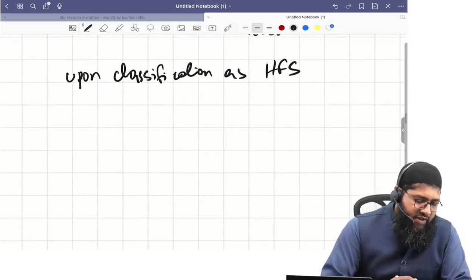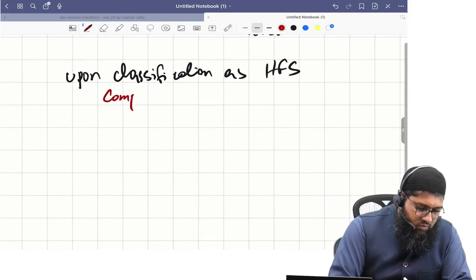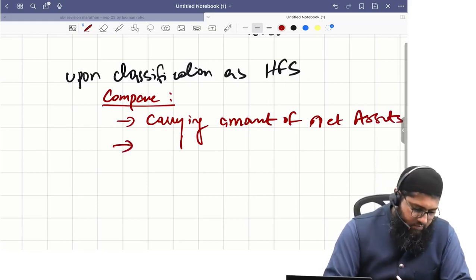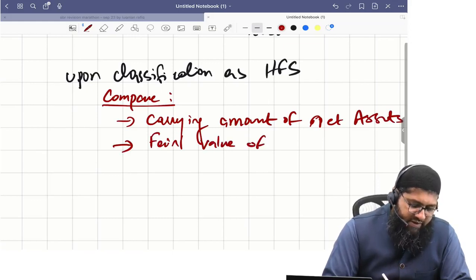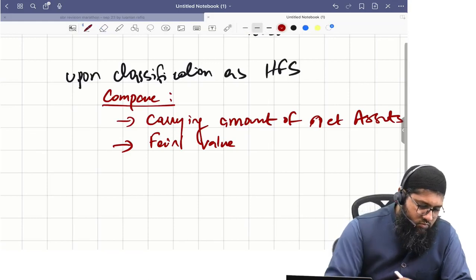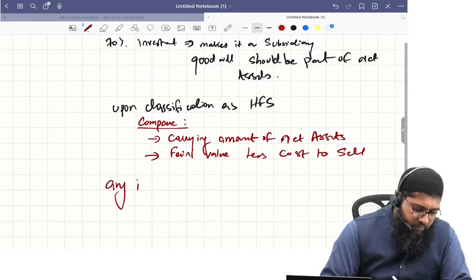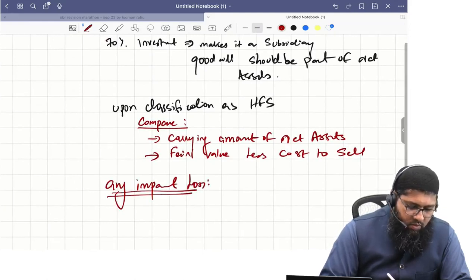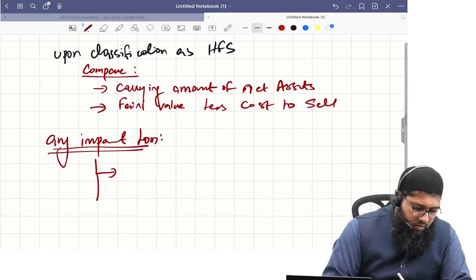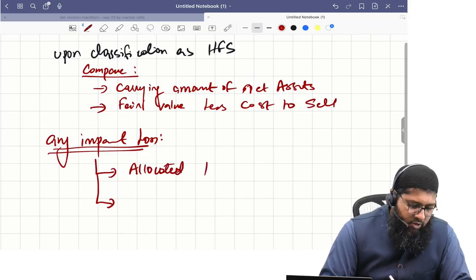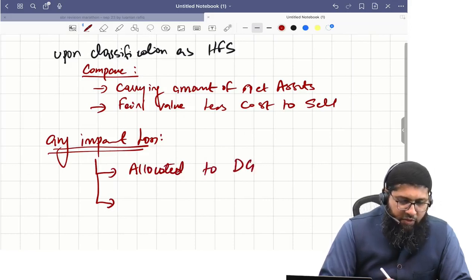Now see, upon classification as held for sale, you have to compare the carrying amount of net assets with the fair value less cost to sell. And if there is any impairment loss, it should be allocated to the disposal group